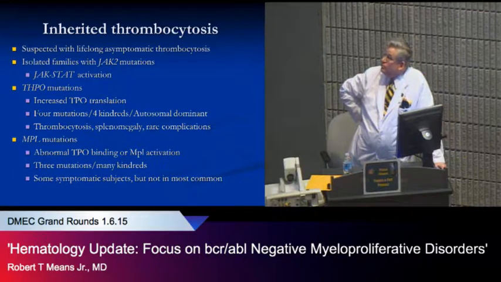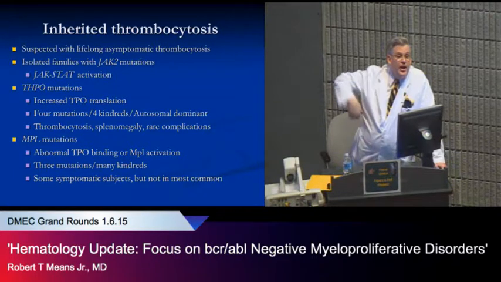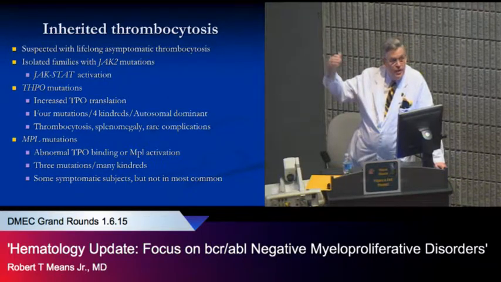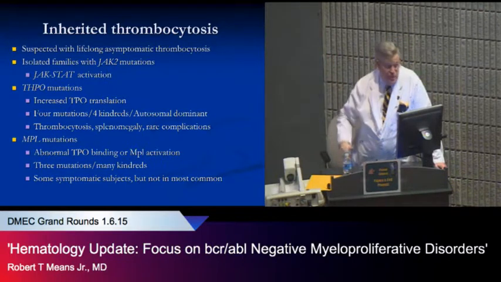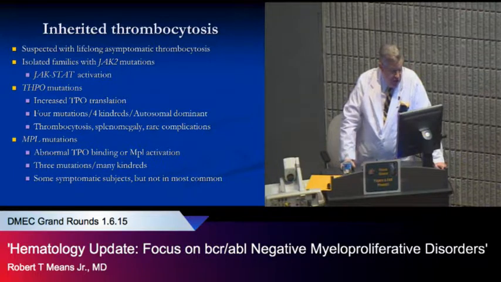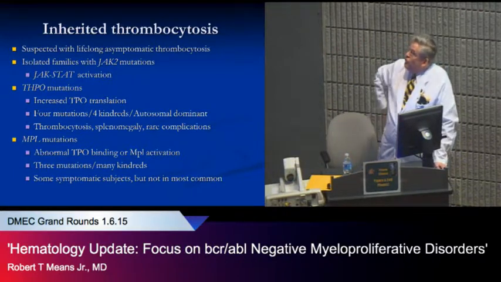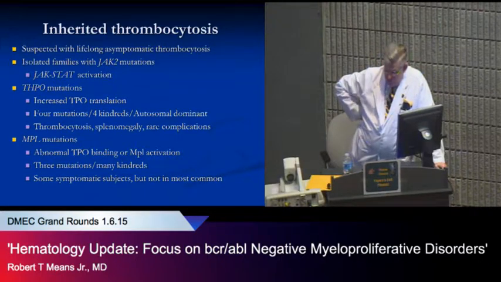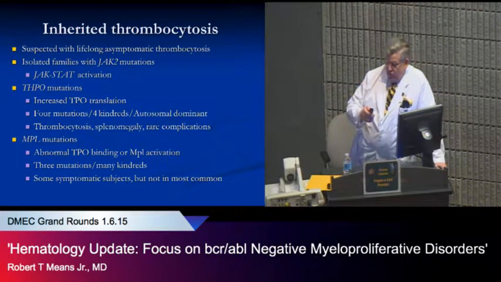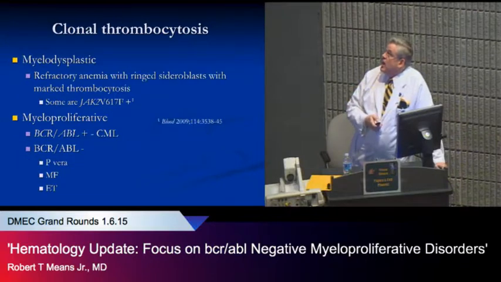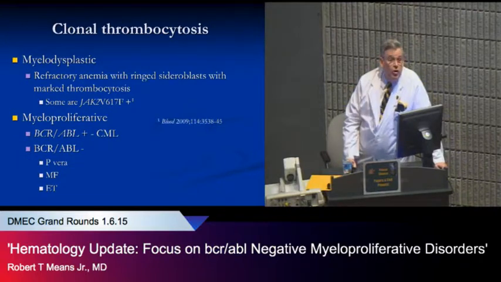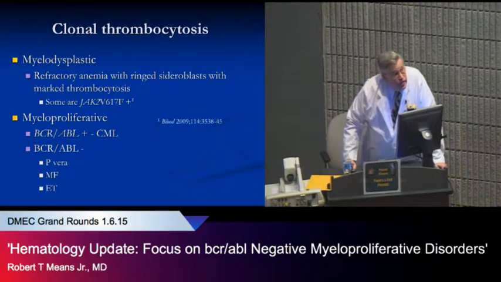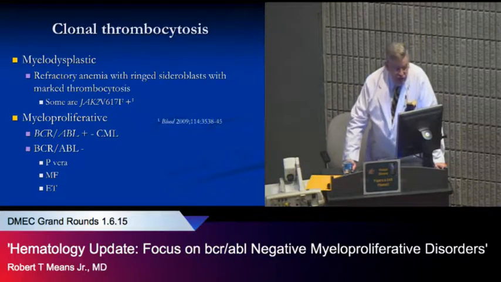Thrombopoietin receptor mutations can either have abnormal thrombopoietin binding, leading to the receptor just being turned on, or the receptor can be constitutively turned on. This is fairly widespread, but again, typically asymptomatic. Rare to encounter. The clonal thrombocytoses are what you will typically run into other than reactive thrombocytosis.